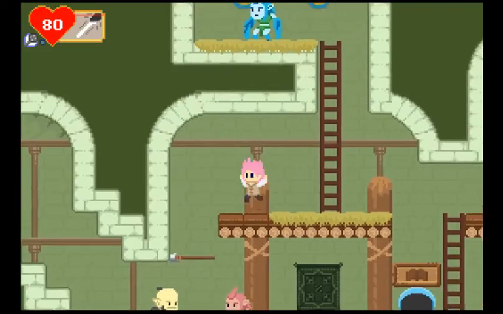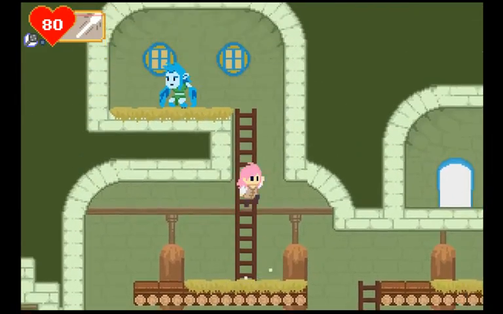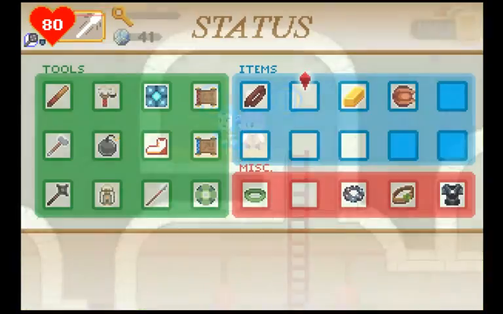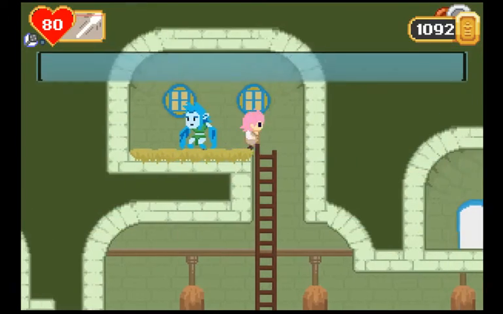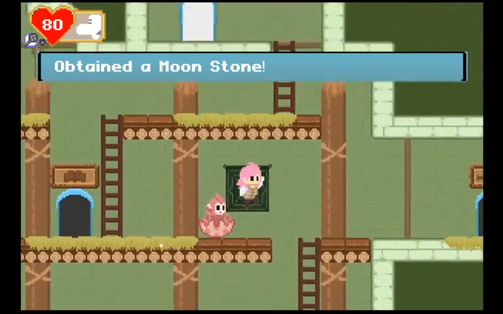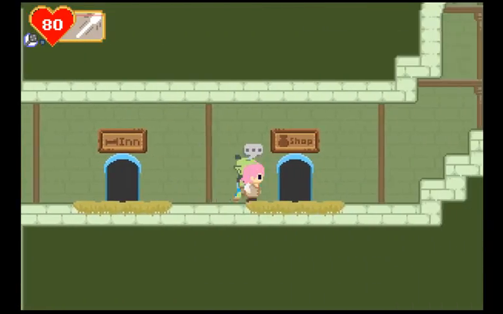then climb up here, and this guy has a shiny rock, which is the Moonstone. Gotta give him something shinier, which in this case is the gold bar, and then you get the Moonstone in return. So now, I want to head into the shop,